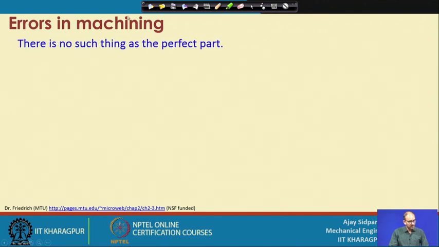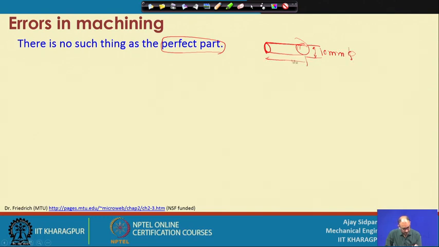So, now what are the errors in machining? Because we know that there is no such thing as a perfect part. What is the perfect part? Suppose you want a part with a diameter of 10 millimeter and a length of 20 millimeter. So, if this is your design or desired dimension,